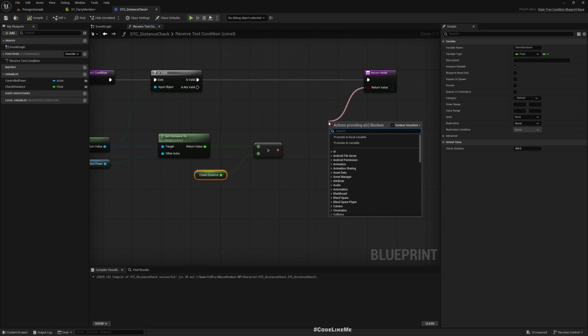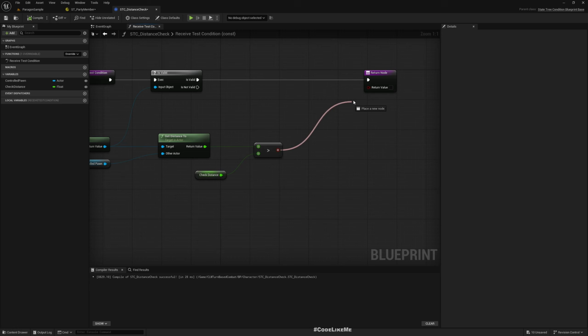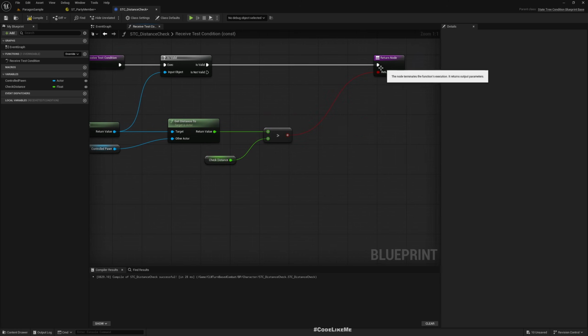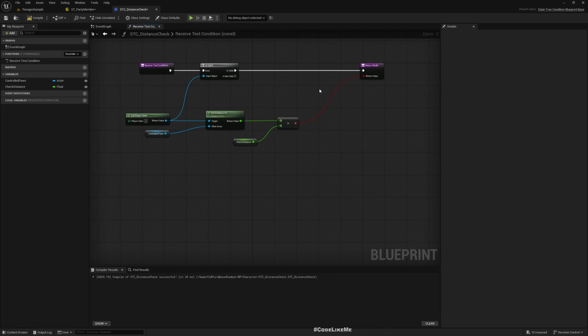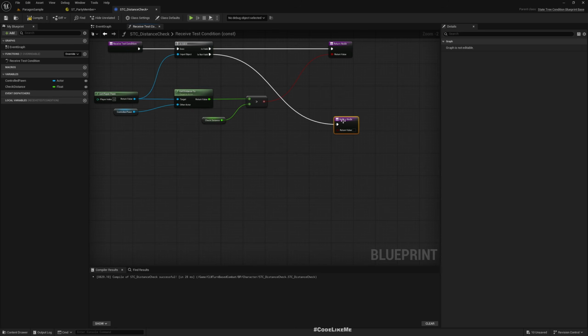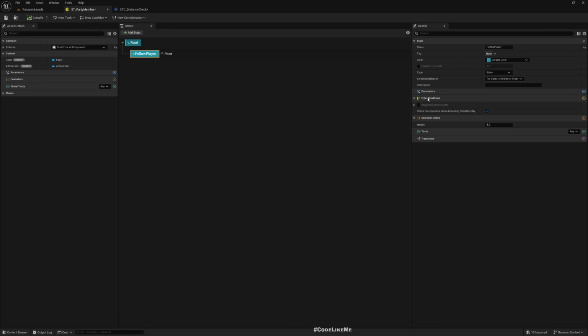So the return value, I'll simply return this. If this is larger than check distance, this returns true. So that means I do need to start following the player character. I do need to move the character. If this is false, I'll simply return false. If you're within this range, this will also become false, so character will not try to move. So now here we implemented the condition. Now we have stc distance check,